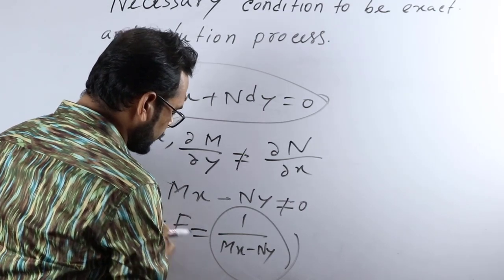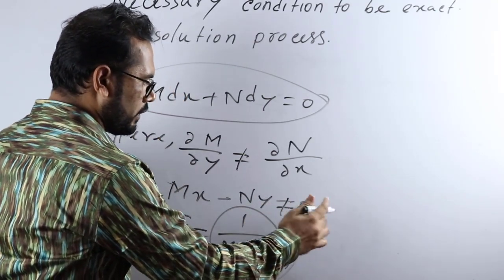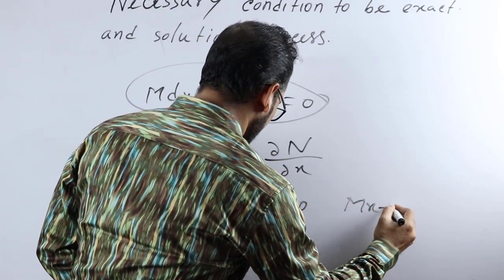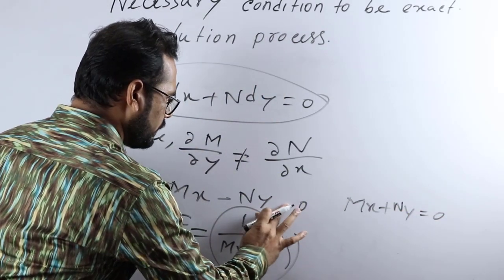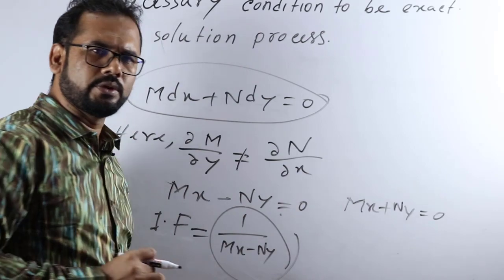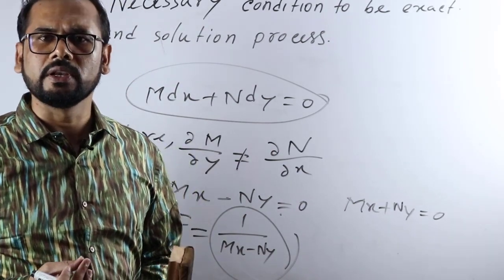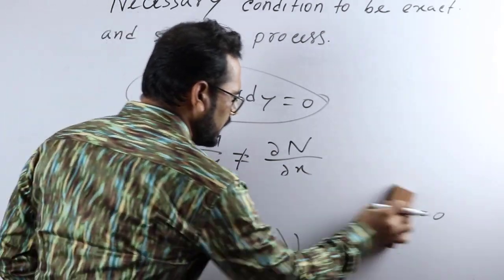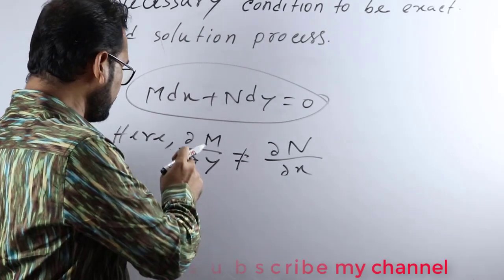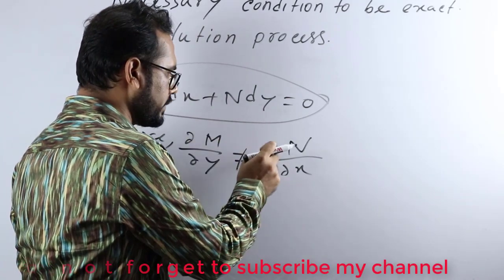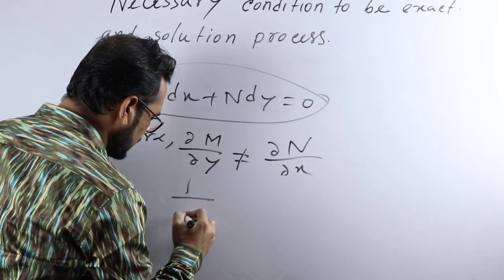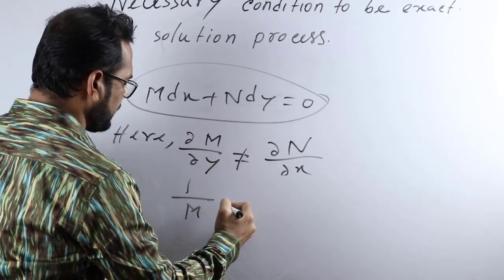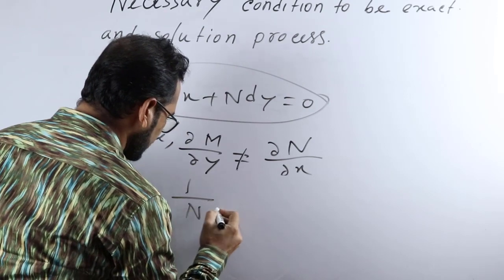And now the point: if this is equal to 0 and Mx plus Ny is equal to 0, if these two terms are equal to 0, then how can we get the solution? Here there is another procedure. If del M by del y is not equal to del N by del x, and 1 divided by N